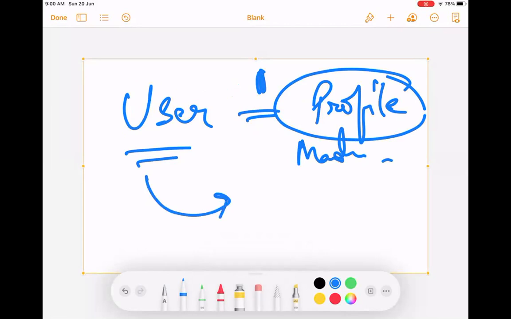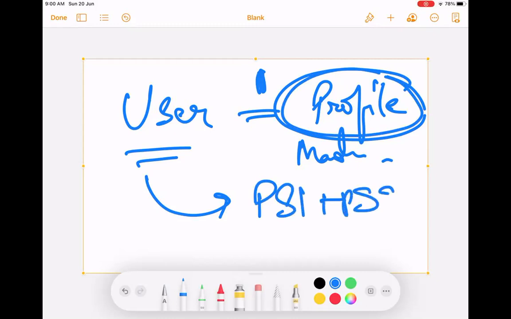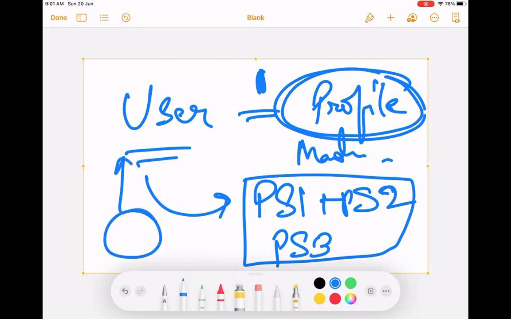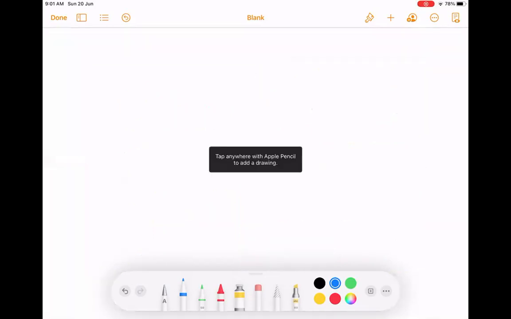If you want to add more permissions, either you can modify this profile or you can create different permission sets, permission set 1, permission set 2, and add them to the user. So the profile plus all the permission sets put together will be the access for that user. Clear? So let's see all this in our application.